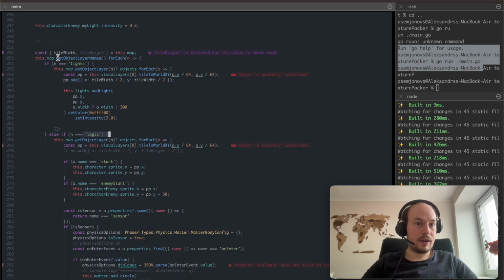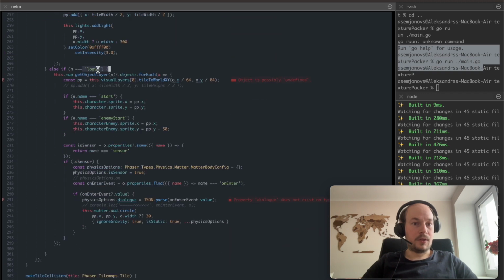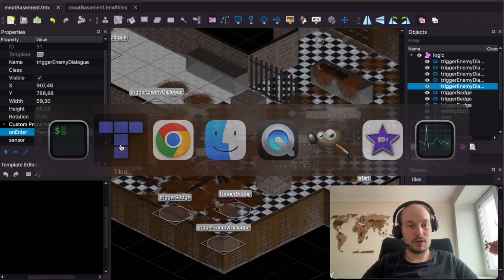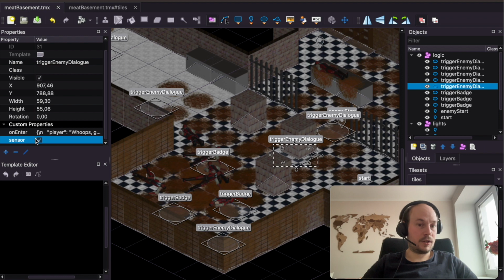So I was iterating over the object layers, found the logic, and so these are my objects. And as soon as one of the object names is sensor, as the property name is sensor, just like here,